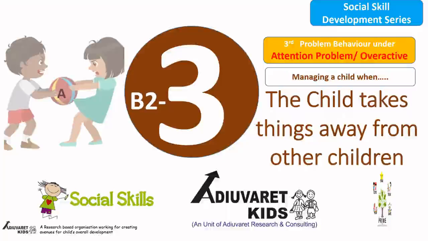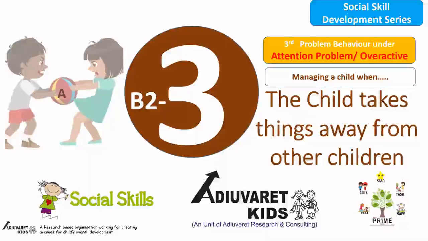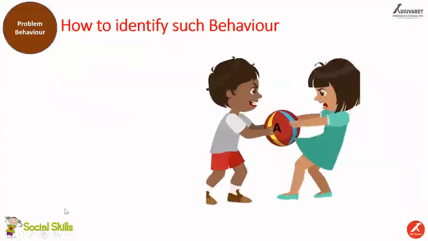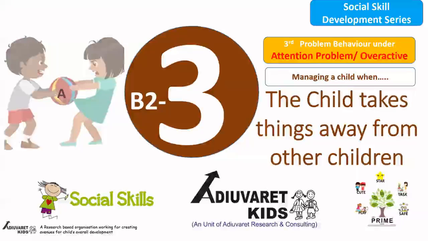And under the social skill development series, we have been discussing problem behavior issues among children and various strategies that we are putting in place to take care of those problem behaviors. Under this section, we are discussing attention problems or overactiveness of the child and various ways to deal with them. So under this, we'll be talking about one such behavior where the child is taking away things from other children, and such behavior is quite